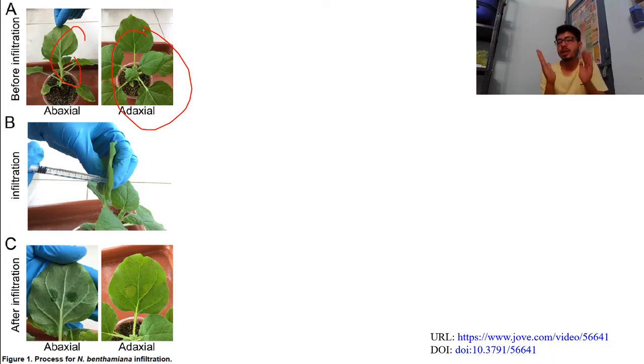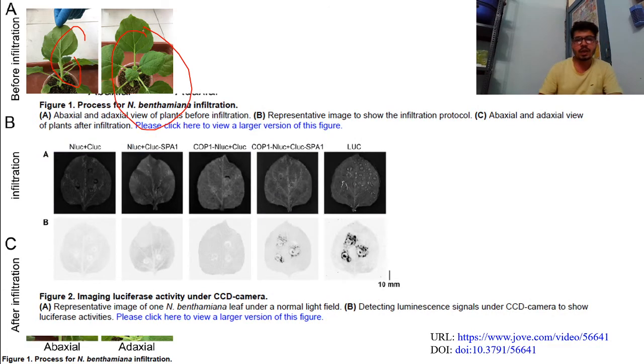So you are doing transient expression, not stable. Okay, you are not doing stable transformation, you are just expressing your protein transiently. Okay, into it, in this paper they are using Nicotiana benthamiana. Okay, so this is normal tobacco, wild type tobacco. So as you can see here